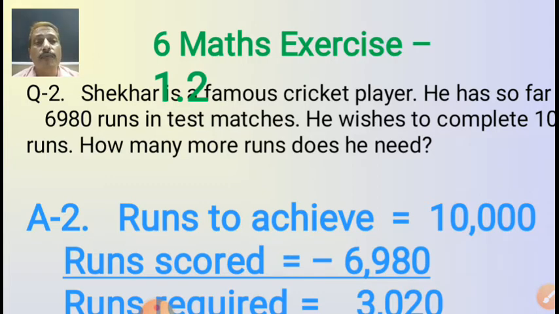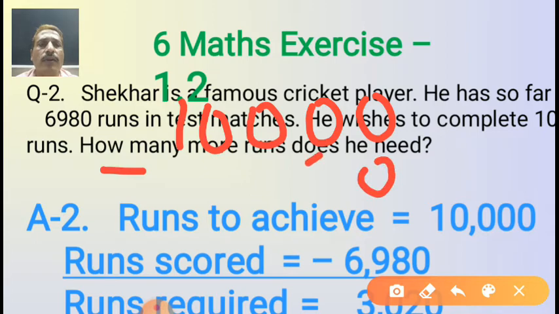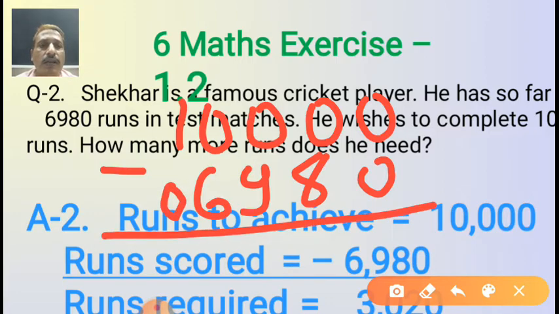Yes student, be careful. How many digits does 10,000 have? Yes, there are 5 digits. And 6,980 has only 4 digits. So write the subtraction sign and write from the right side 0, 8, 9, 6. Don't start from 1. Okay student? There is nothing here, that means you have to put 0 here. Now both numbers have 5 digits. If you put 0 before a number, there is no change in the number.